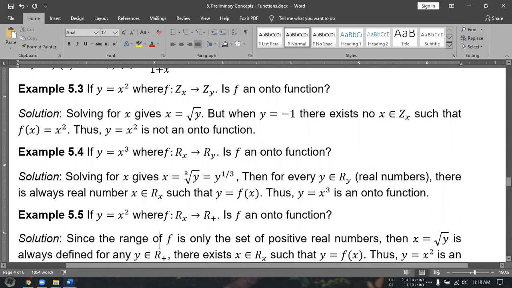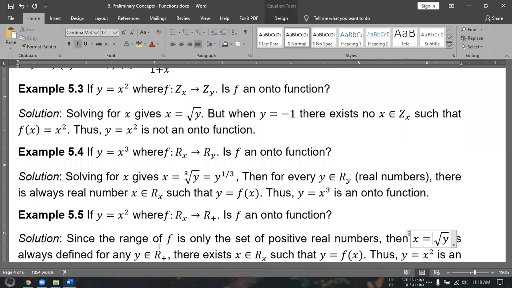Since the range of f is only the set of positive real numbers, then x equals square root of y is always defined for any y which are positive real numbers. There exists x element of R sub x such that y is equal to f of x, y is equal to x squared,